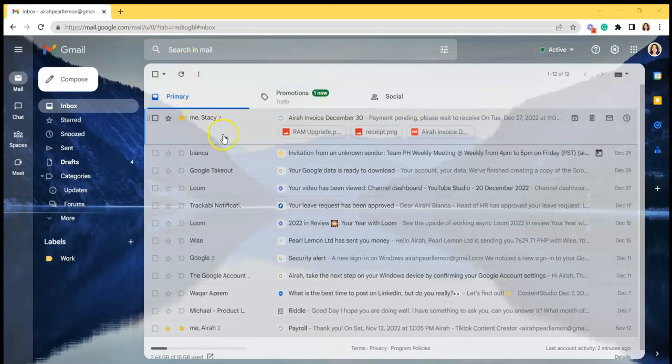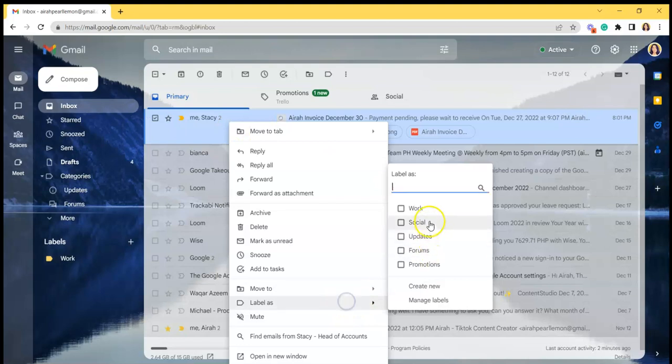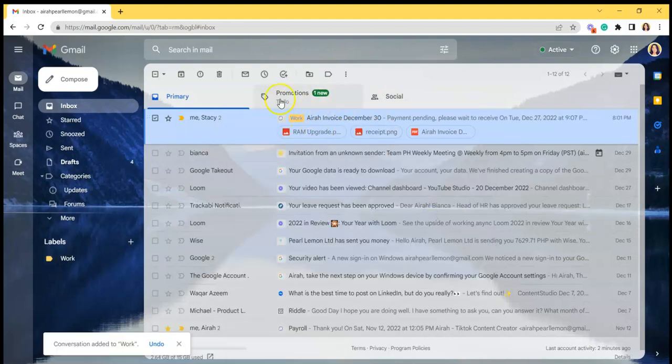Okay, so for example, this one, I want to label this as work. So what I'm going to do is just right click on it and then label as work. So as you can see, the work label is already on the email, and I can easily see what emails